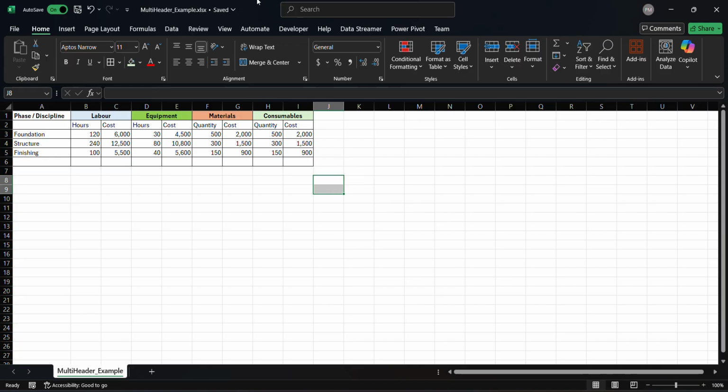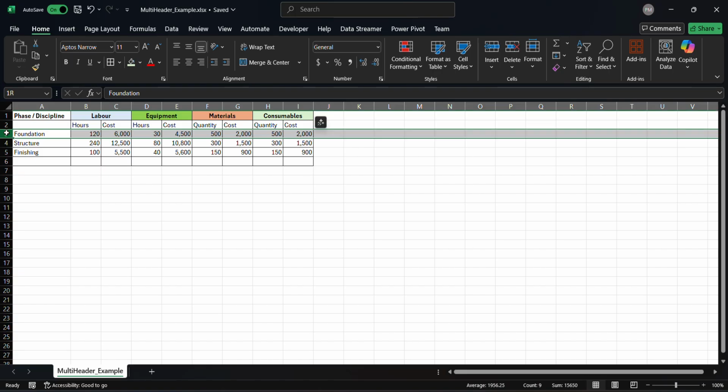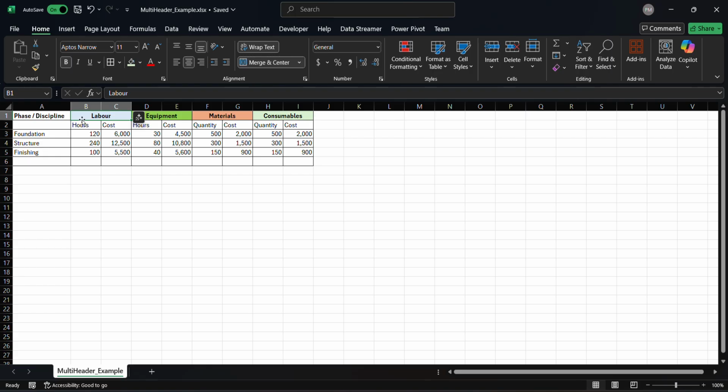And right now, this is a table that is multi-header, right? This piece of information here is not a vector. It's not a row. It can't be contained as one coordinate. You've got foundation, and then you've got two other qualifiers, one of which is subordinate to the other, stacked